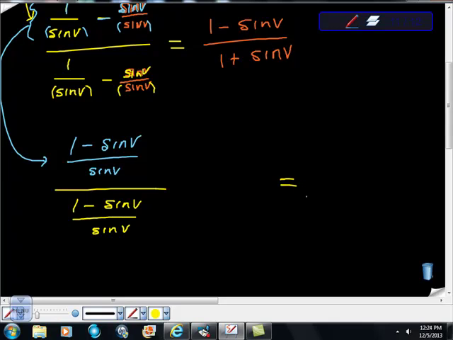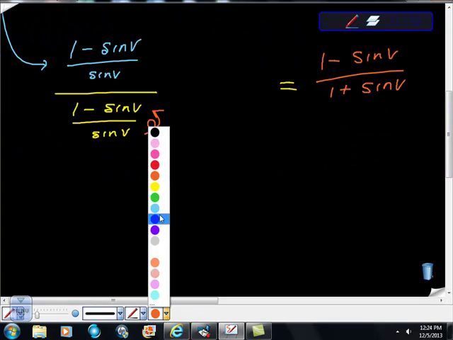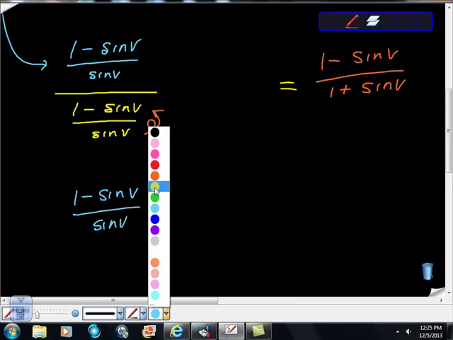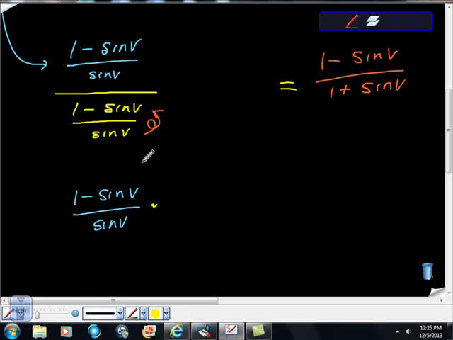Set equal to the same thing that we started with, right? 1 minus sine v over 1 plus sine v. Keep bringing that thing down, or you might forget where you're trying to go. Can we agree that this left-hand side now is in the form of a complex fraction? So because this is a complex fraction, we know that the way we solve it is we take the top piece right there times the reciprocal of the bottom. So the top piece was 1 minus sine v over sine v. And the reciprocal of the bottom is sine v at the top, sine v over 1 minus,